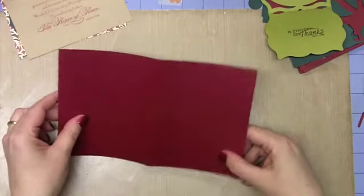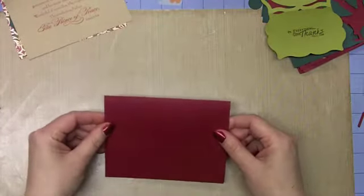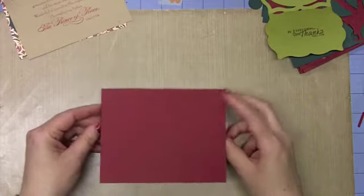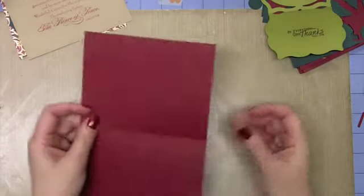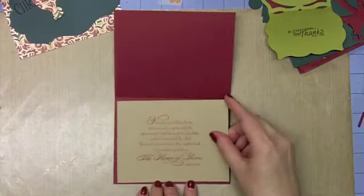It's 5.5 inches wide by 8.25 inches long, and it's scored at the 4.25 mark to form a card just like that. And I folded that in half. We're going to start with the inside of our card, and this is where I've done my